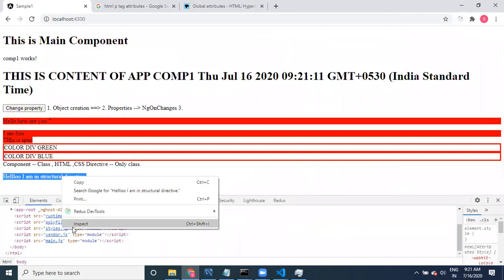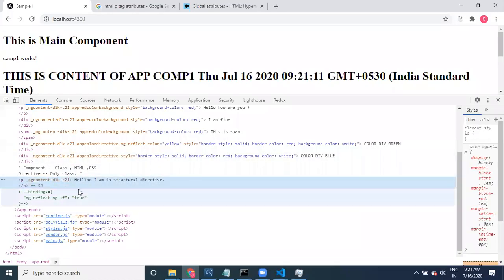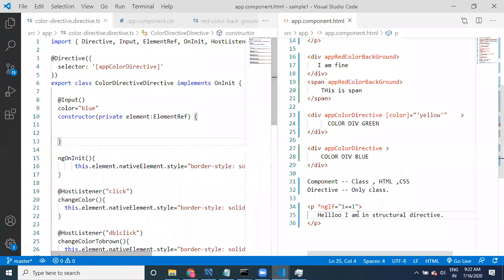Inspect the element. Whatever structure we have taken, it has some directive, right? And internally it is going to have some exact values over there. It will contain some extra content, so they can be called structural. I will show structural directives. Can you please tell me, guys, what are the structural directive examples?